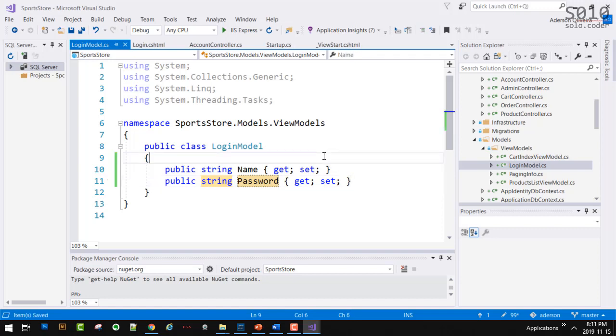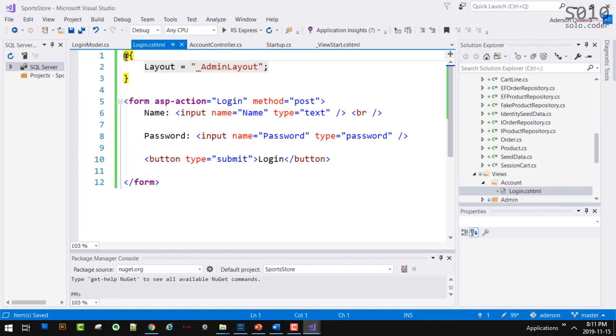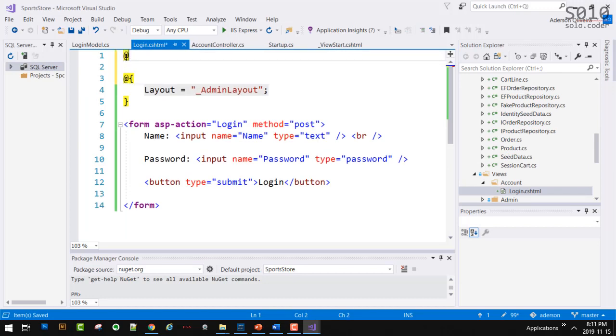Now, our models can be more complicated. They can have many properties, but in our case, just name and password. So with that in mind, let's go back to our login, and let's say that this login is now attached to the model, LoginModel. Now, because we have a LoginModel, I can say asp-for.